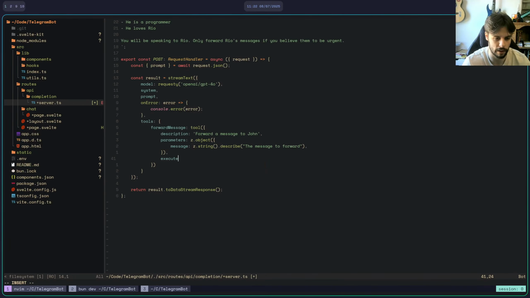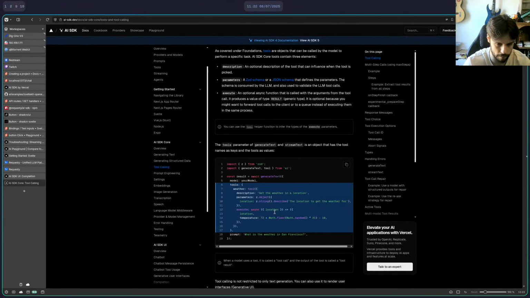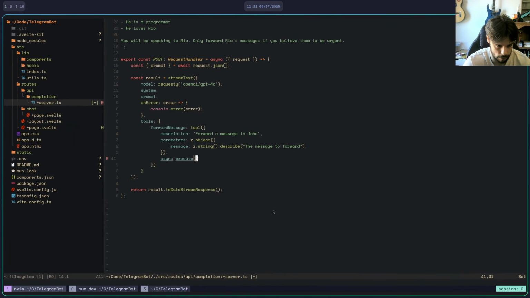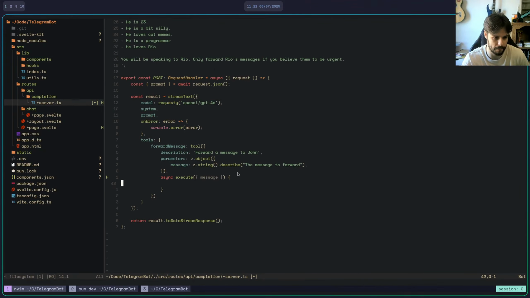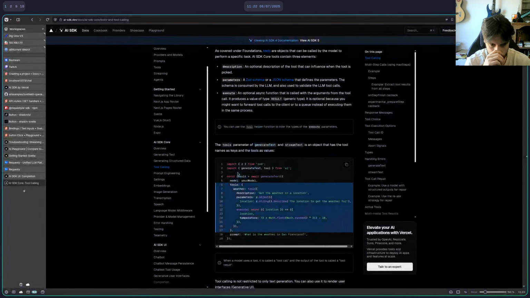I actually wrote something like this in Golang, basically this kind of interface, so you could kind of declaratively tell the AI what tools you want. It was quite nice. Okay, so let's continue here.